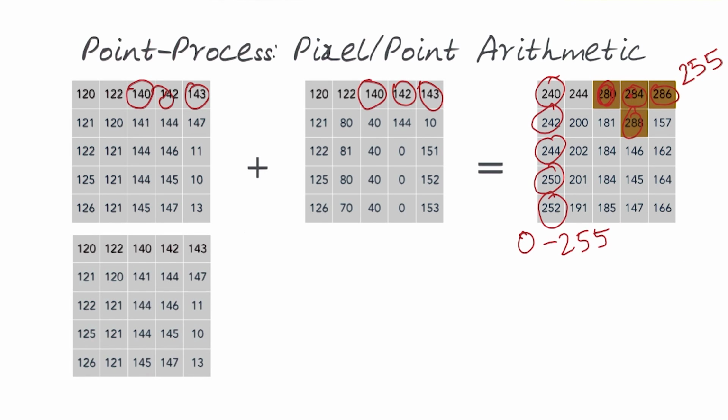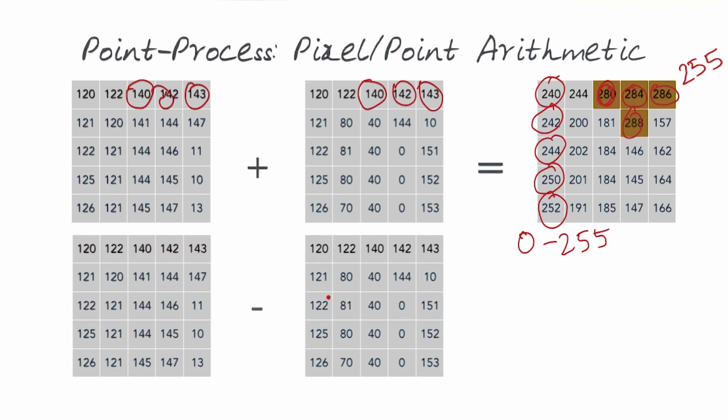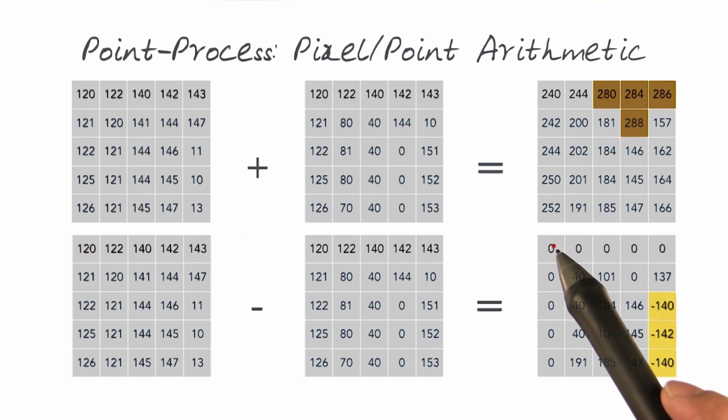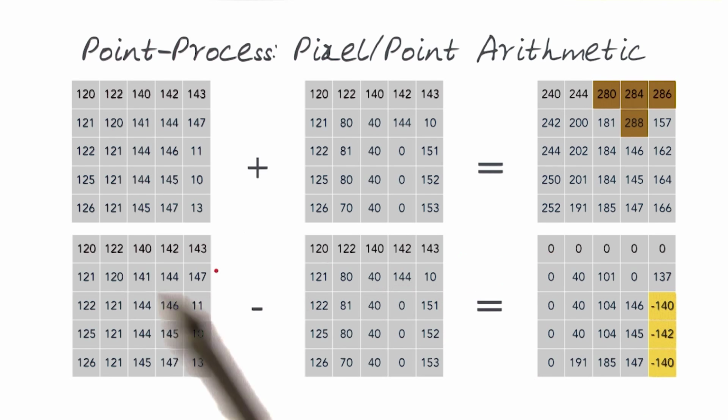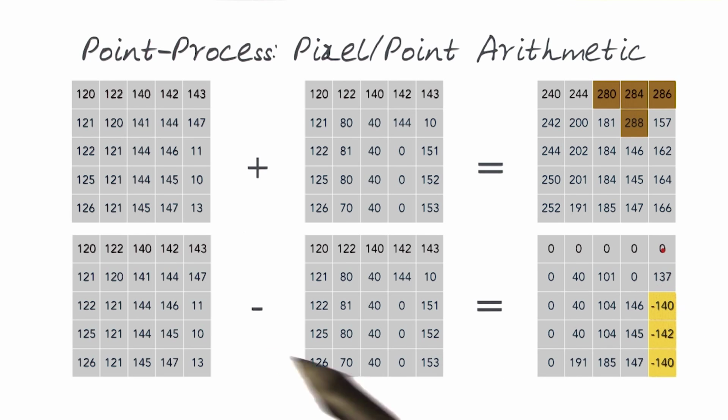Same example, but now let's look at it in another direction. So again, I have the same 2 images, except now I'm going to subtract one from the other. In this case, of course, if you notice, 120 subtracted by 120, so this whole column of pixels is 0. And similarly, since these 2 pixels are exactly the same, here again we get zeros. Except now you get an interesting problem here. So the values here are 11, 10, 13. Here are 151, 152, and 153, which basically means these are negative values.